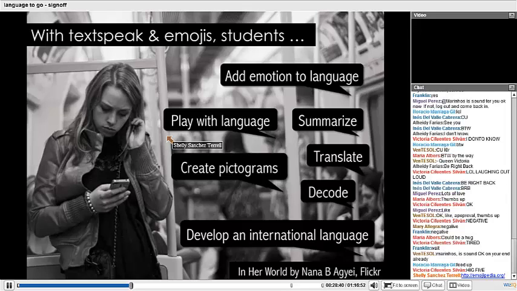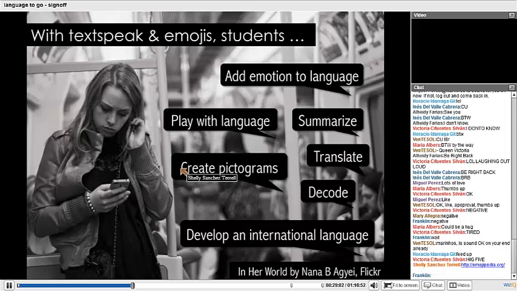We know sometimes also intonation. That's how you can give intonation to text-speak and digital language, is that we can add the emojis. And we can add nonverbal communication that way as well. If you think about it, when we see the sign of thumbs up, then we're giving nonverbal communication to somebody else saying, oh, I really like that idea. That's a cool idea. That's a good suggestion. When we play with language,